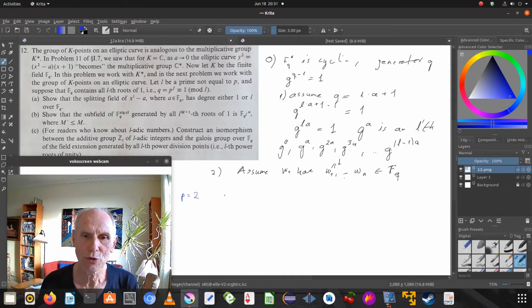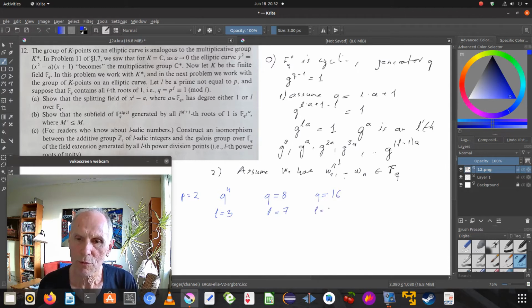Do p equals 2, like q equals 4. Then L may be 3. Q equals 8, then L may be 7. In both of these cases, all elements in FQ have order 3, except unity of course, and order 7, except naught, of course, the null element. Then we get to 16,